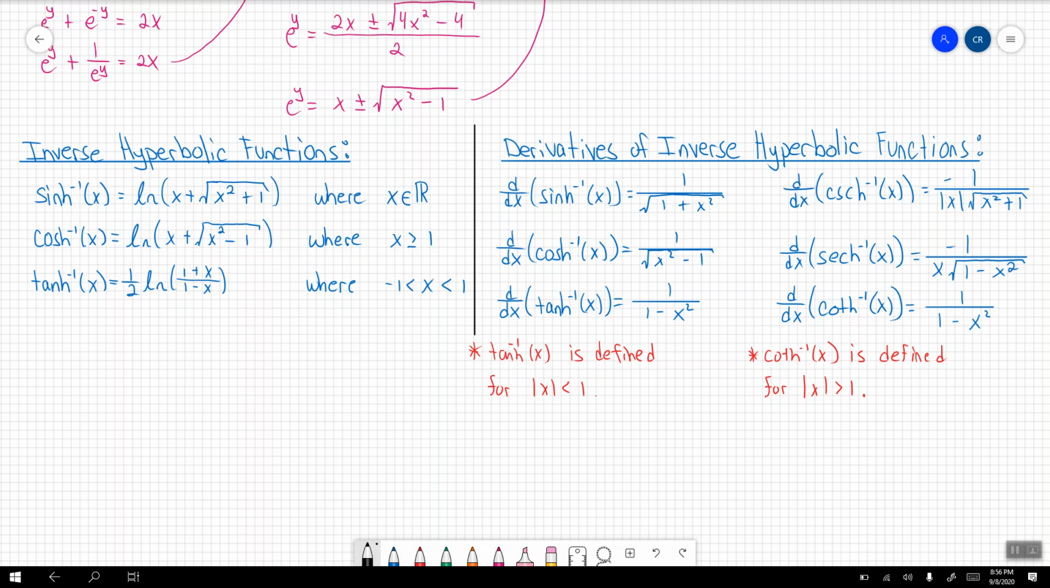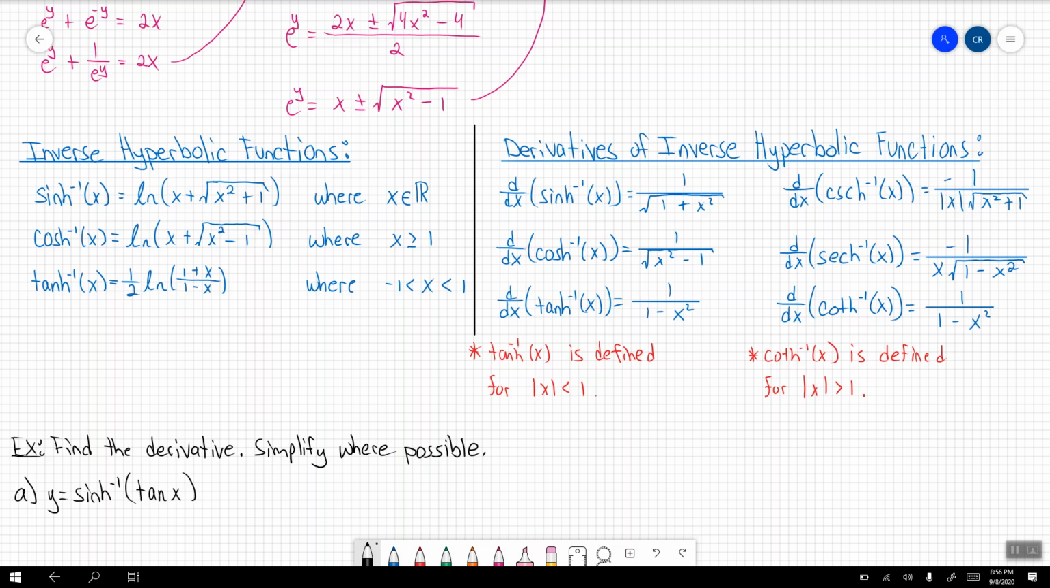Now, let's go through and start applying some of these examples. The first examples are going to be to find the derivative, and we're going to simplify where possible. So part A is y equal to inverse hyperbolic sine of